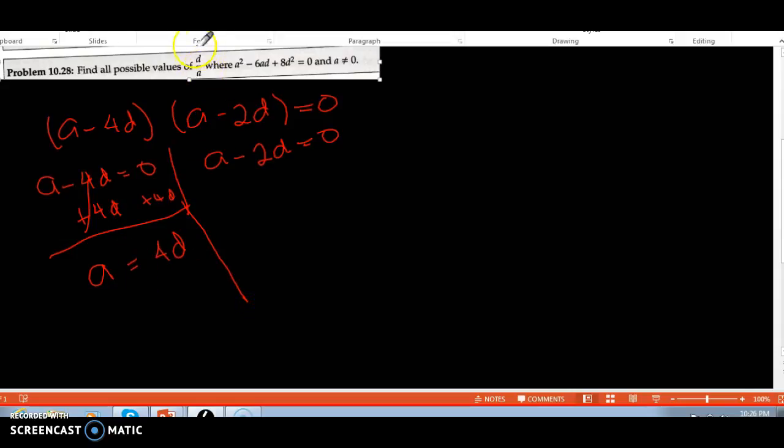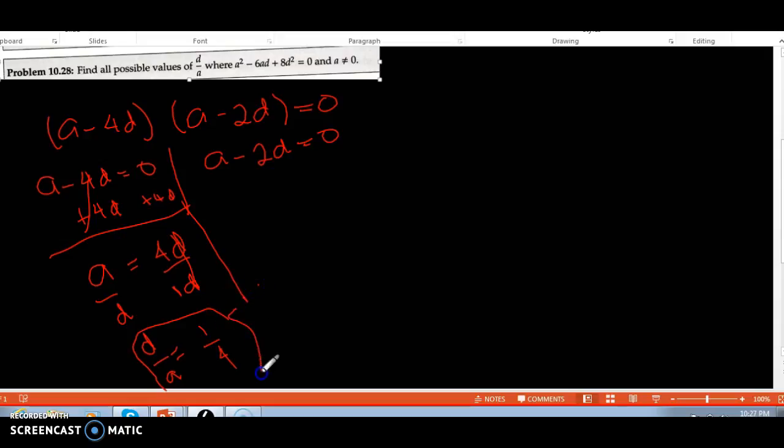Now remember, you needed d over a. You already have a d in here, so you can divide this by d and divide this one by d to make it simpler. So now a over d is equal to 4, or 4 over 1. That's the same thing. So if you're looking for d over a, you can just take the reciprocal of this, and d over a is equal to 1/4. So that's one answer